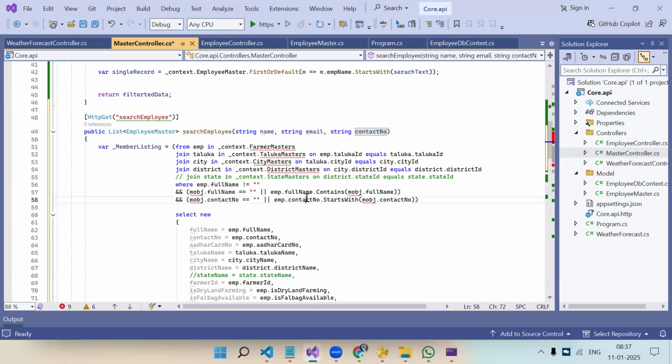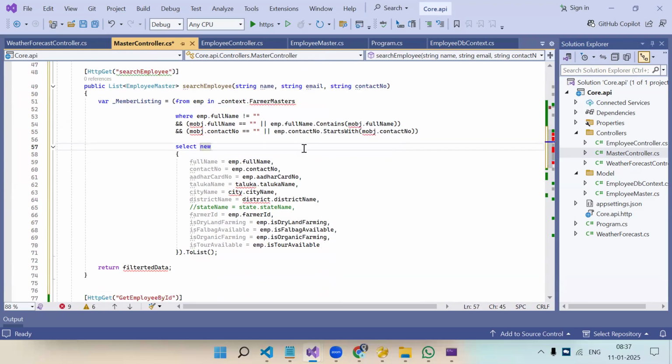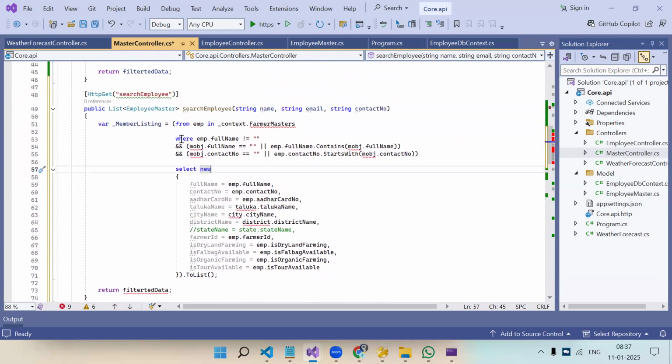Okay. So for this API, I have three parameters. I should be able to search by name, email, and contact number. Now we don't need a join over here. This is one of the queries when we have to compare with multiple parameters. So we write the query like this. From EMP, what's our model? Employee. Okay. Where